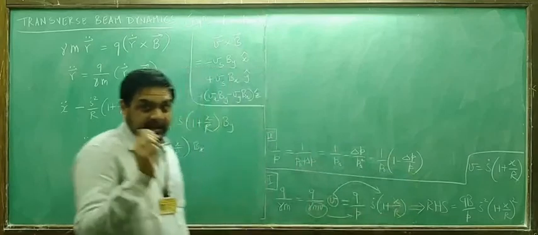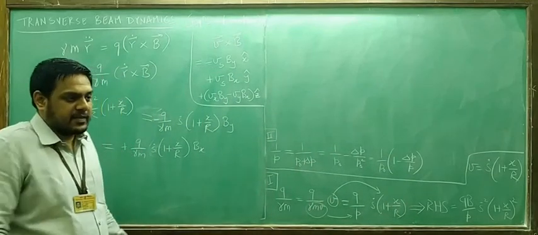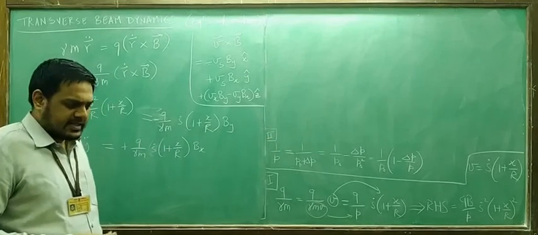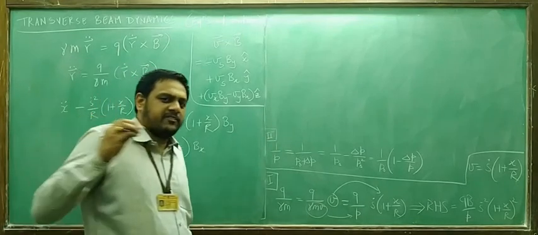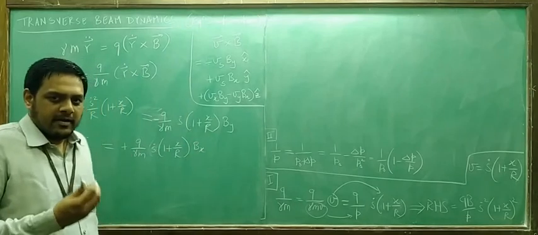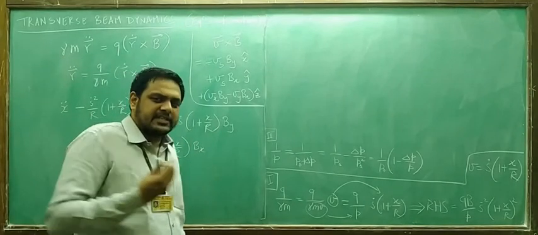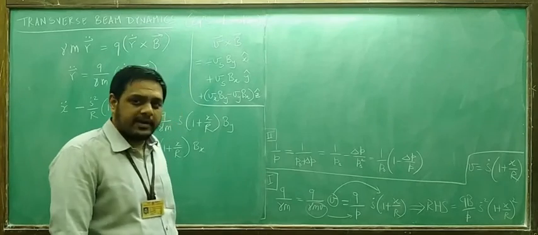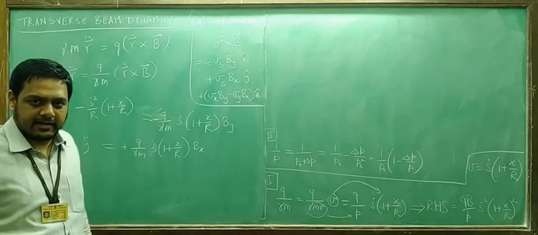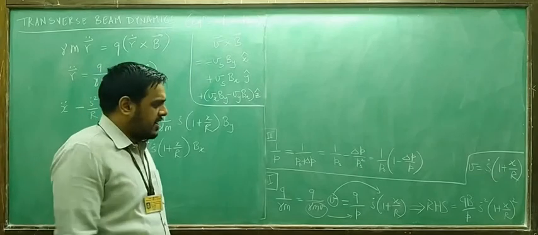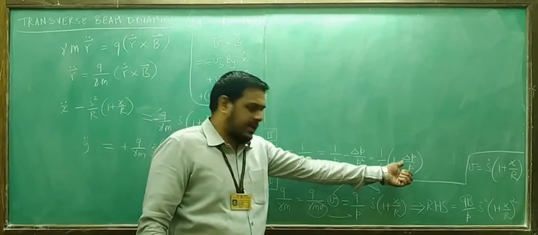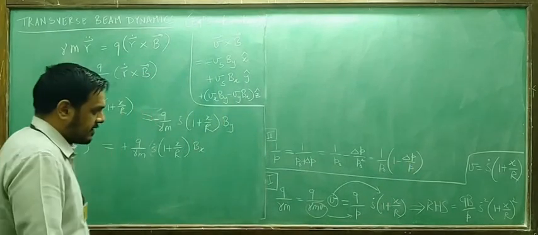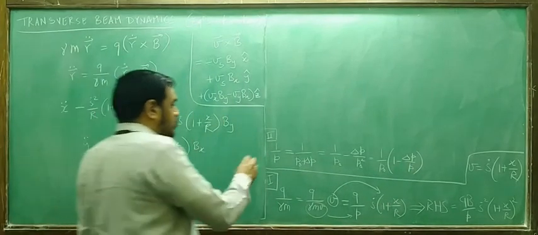And this is a very real situation in an accelerator. It's not just because someone mathematically liked to do a Taylor series expansion that they did it. It's a very real situation that if a bunch of particles passes through an RF station, there is a natural spread of momenta which takes place. And this spread of momenta is going to be there throughout the accelerator all the time. And therefore it makes sense, when you are making the basic formalism, to take it into account. That is the idea here. So this is layer 2 as I said.